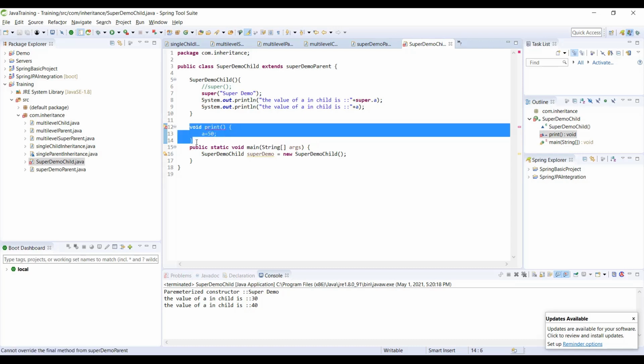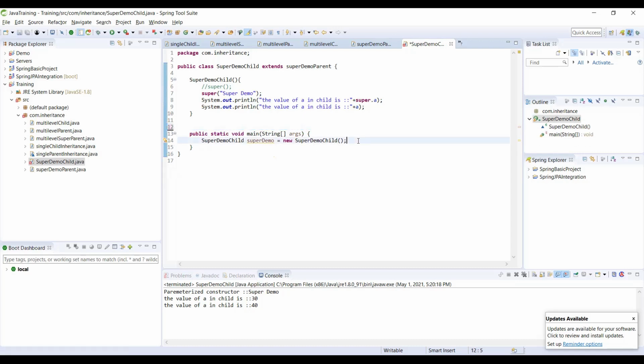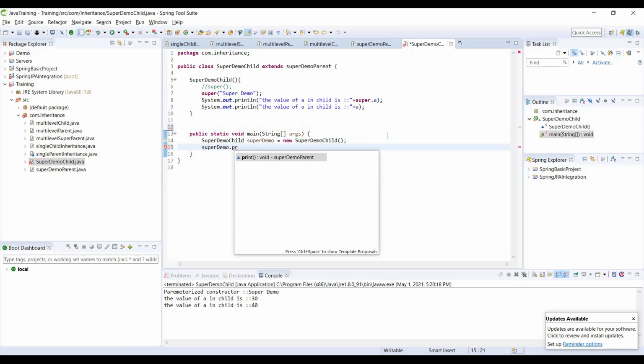It will not allow me to do that. But you can still call the print method as part of your child class, dot print. You can still do that, but you cannot override. You cannot change the implementation of the method.